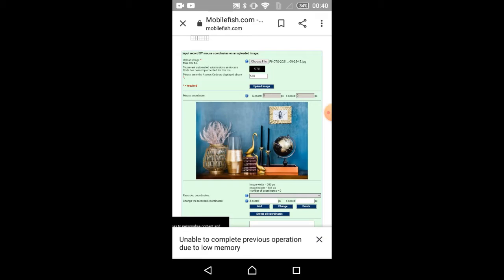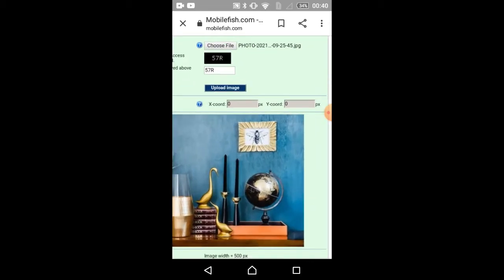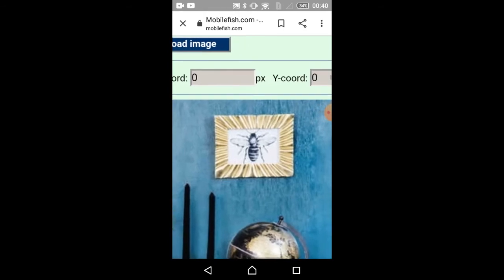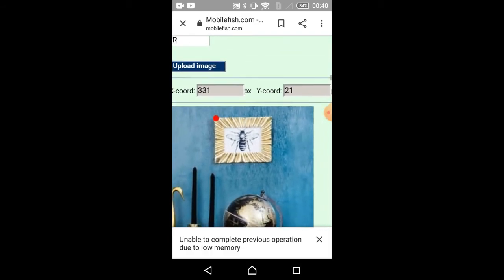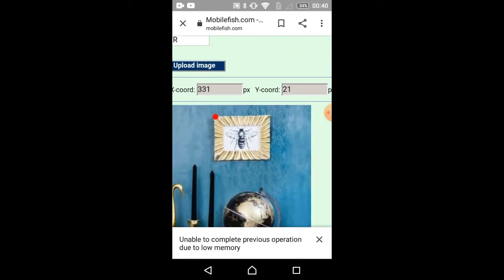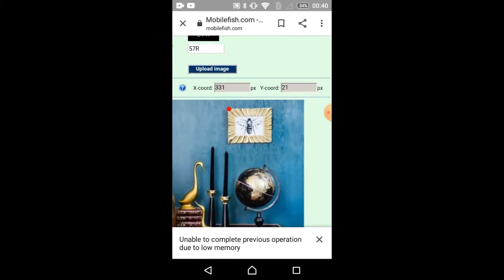As I already told you, while recording the rectangle coordinates, there are only two pairs of coordinates. So I'm selecting the top corner, putting a dot just by clicking on that corner. You can also take the dot a little bit outside the frame, so it will be a little bit bigger.